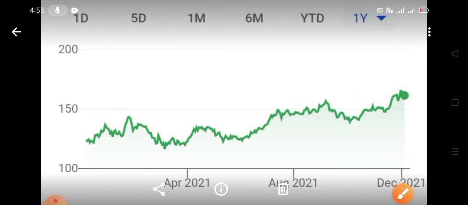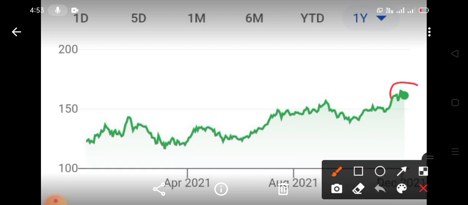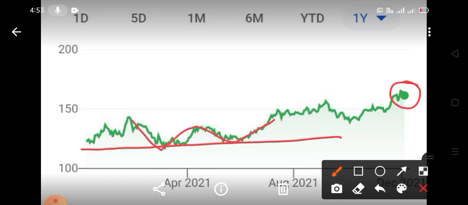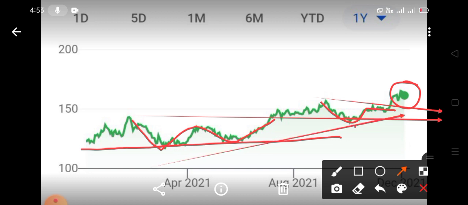Now analyze the chart of 1 year. You see Apple stock is trading at a 1 year high, and in 1 year you see the stock low around 120, and in the 1 year chart a major breakout happened around just 148, and you see 140 around there is also support, and again above 150 a cup with handle breakout, and you see the trend of 1 year is also positive, and Apple stock moved around $50 in 1 year time.